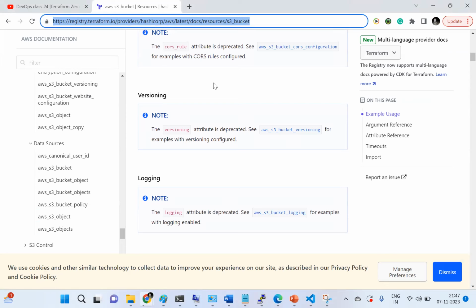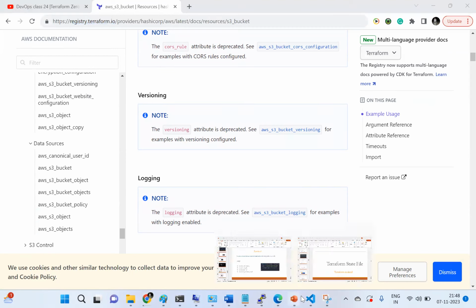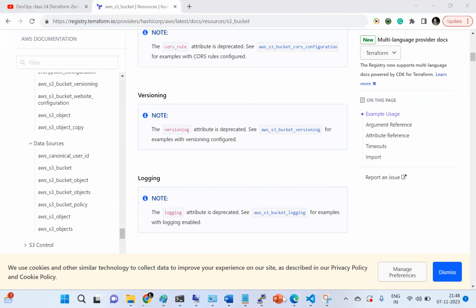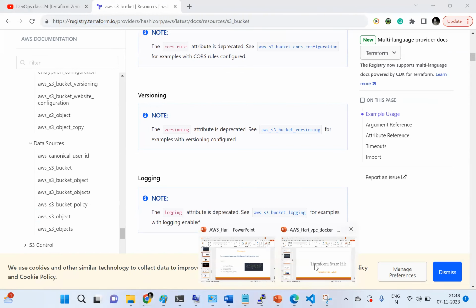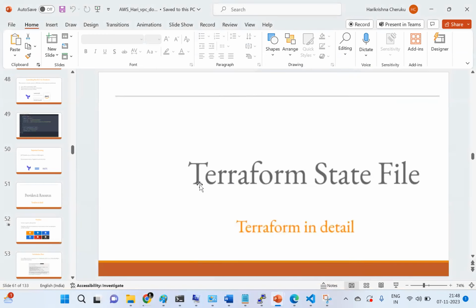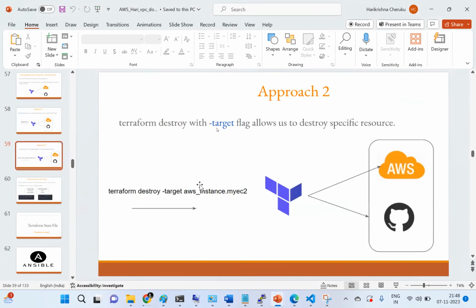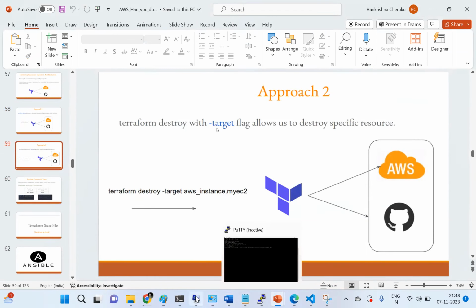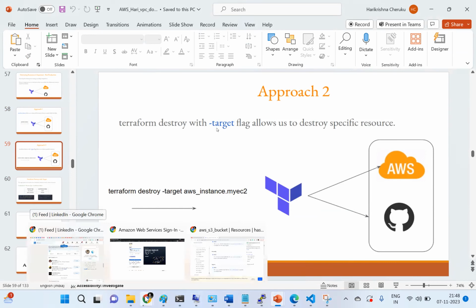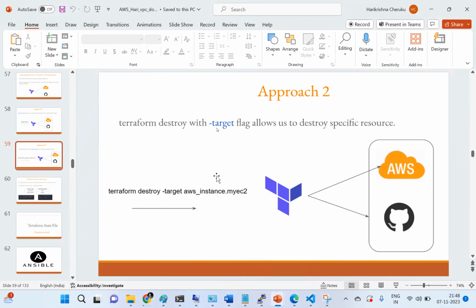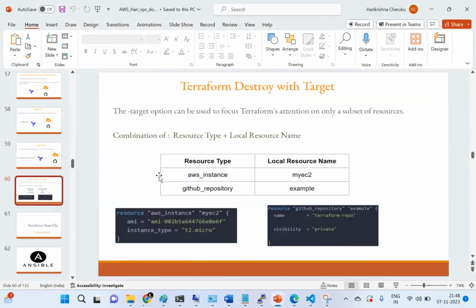Okay, let me continue. Can you go back to where you have resource type? No, the other one that has two different types. So you have resource type and, where you have repository, local resource name and resource type. So what brought this local resource name? Because I see that